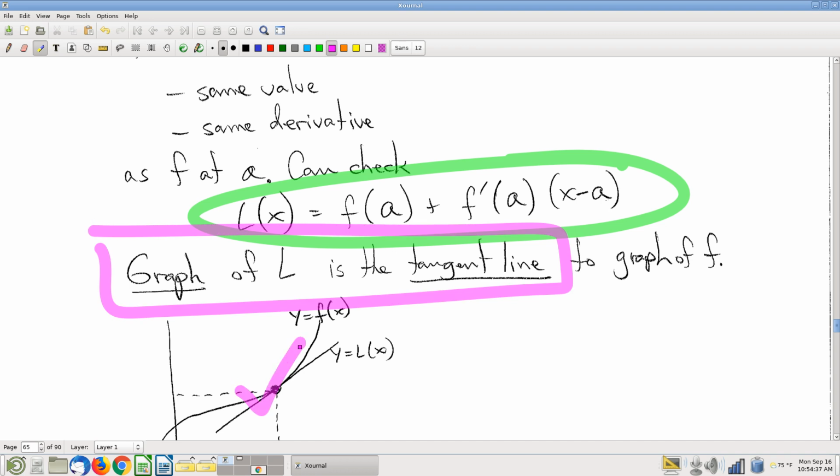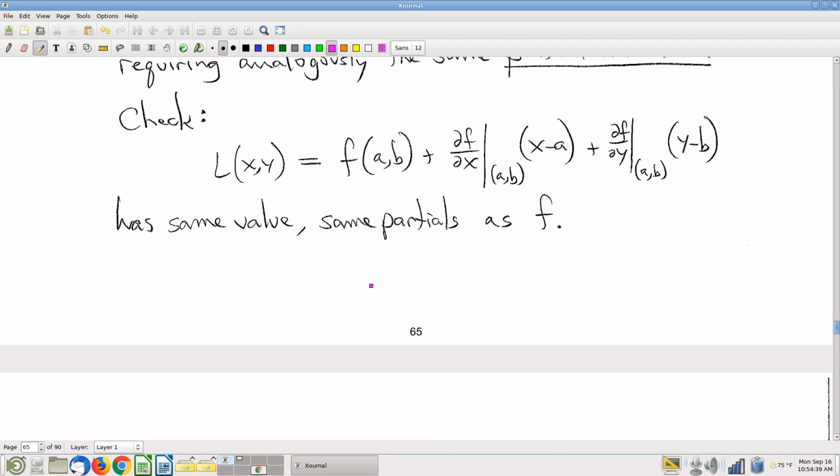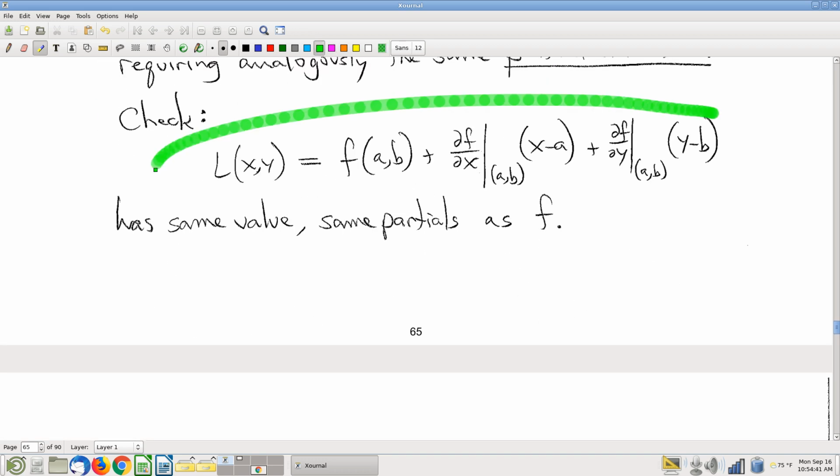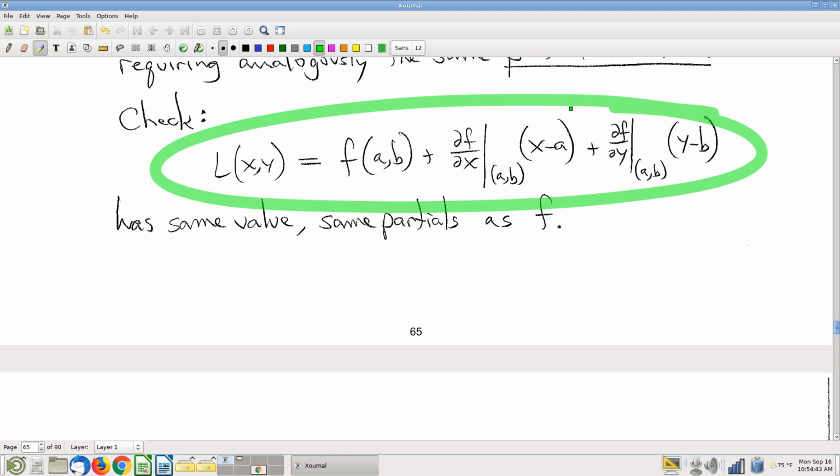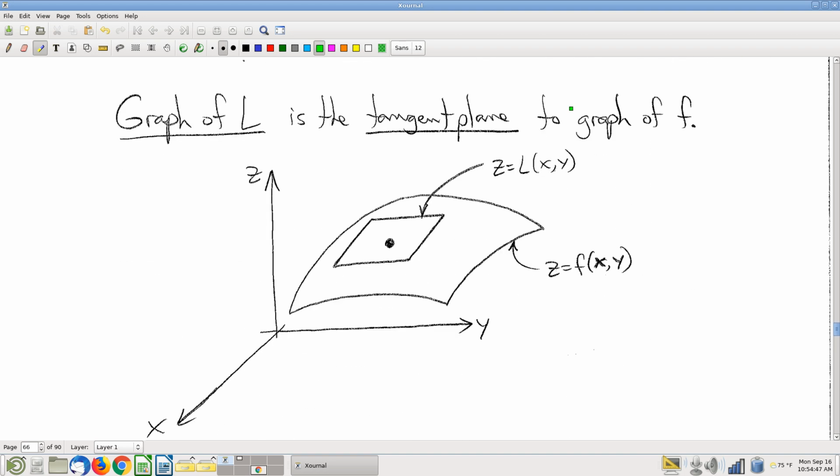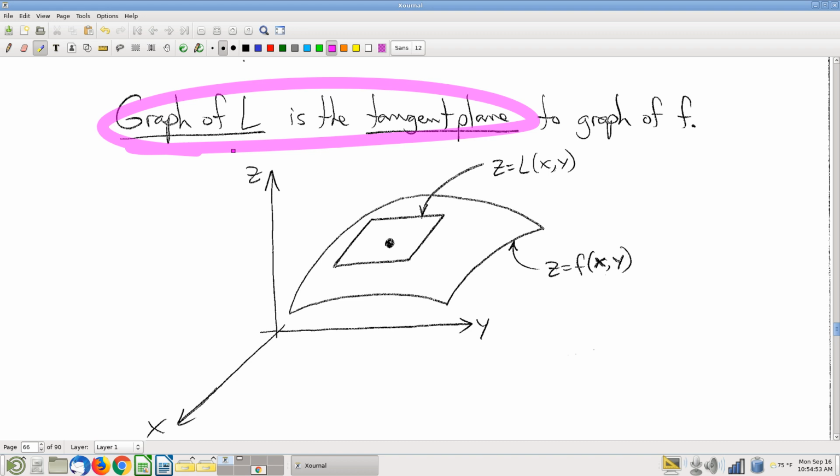Old news. Well, now we have a new linear approximation. This is a multivariable linear approximation, but same deal. Let's take the graph of that and let's call it tangent something or other. And let's think that through, what we're going to call it though. The graph of that L